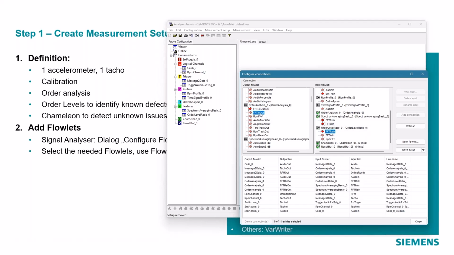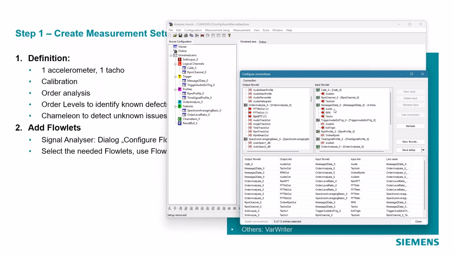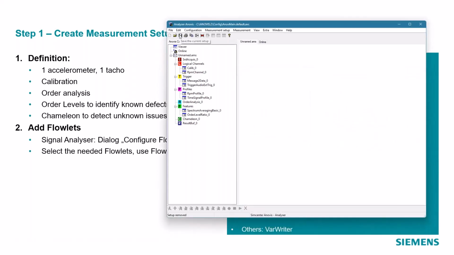And now here I made something wrong. Yeah, and so on. There are a lot of wires to connect, but at the end I would need 2 or 3 minutes to do this completely. And at the end we could save our setup and do the next step with it.